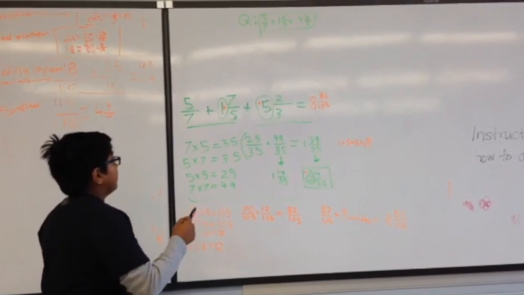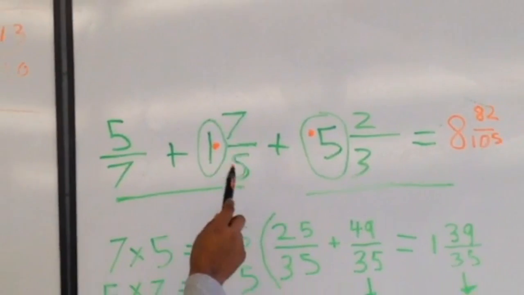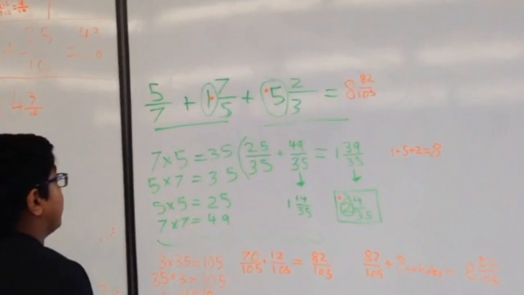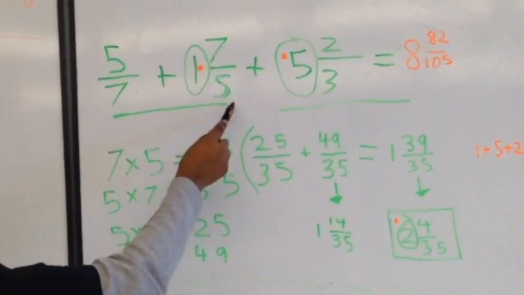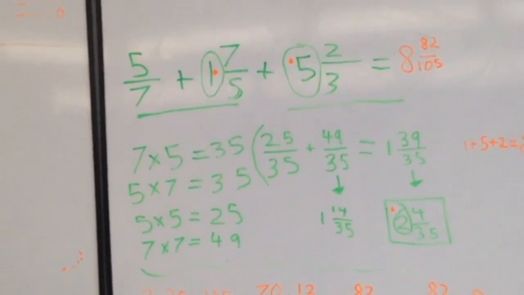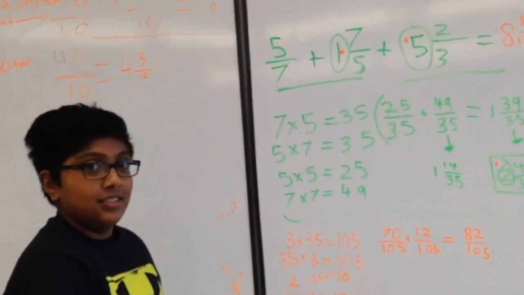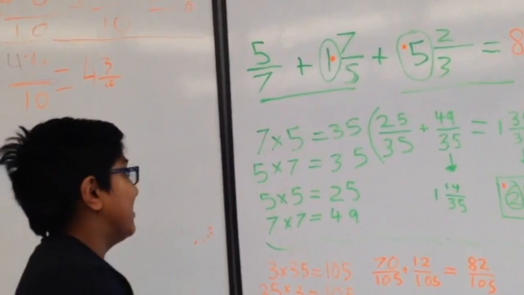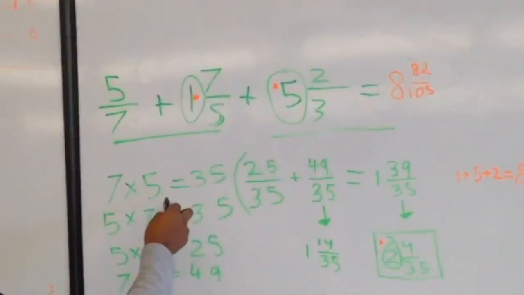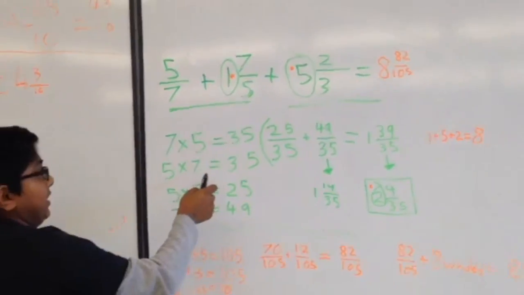And first, I'm going to find the common denominator for 5/7 and 7/5. So to find a common denominator, you need to multiply each denominator by a certain number to find another number. So in this case, 7, which is this denominator, times 5 equals 35, and 5, this denominator, times 7 equals